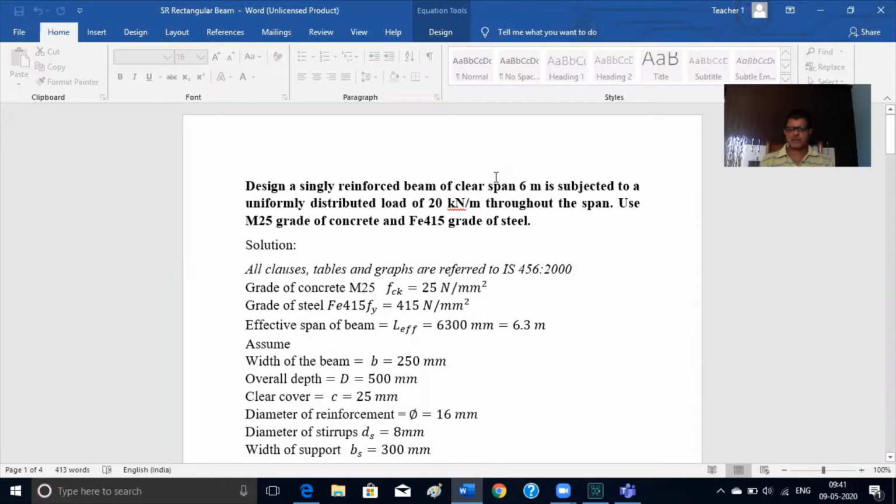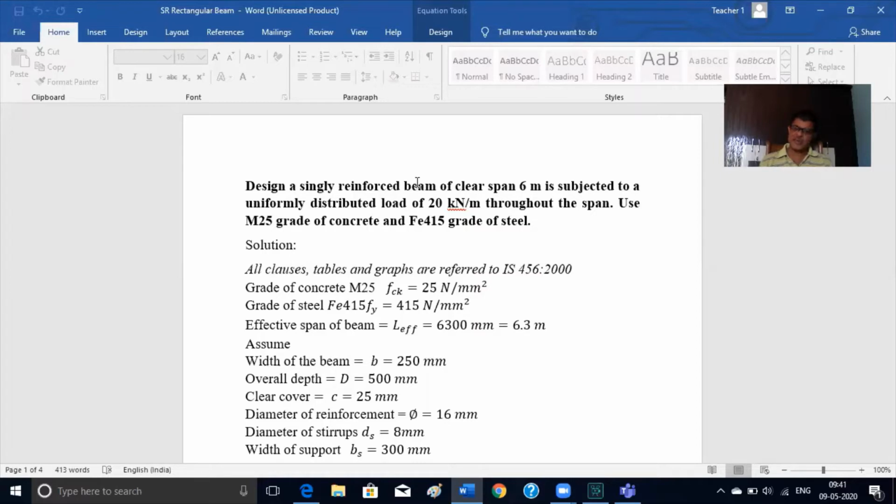Hello learners, in this class we will discuss design of single reinforced beam sections. And these beam sections are generally simply supported at both the ends. Now, single reinforcement section means the tension reinforcement is given on one face. Generally for a simply supported beam it is the bottom face.